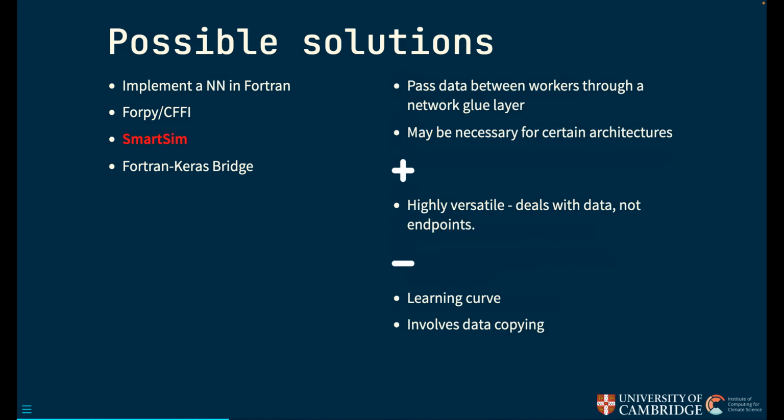And I think he did a nice way of summarizing that for certain architectures, especially if you want to use GPU acceleration and GPUs are located on different nodes, there's a lot of bookkeeping involved with managing this data transfer, and you're going to have to do the data transfer anyway. So it's probably an ideal way for managing that. And the other advantage here is that it's incredibly versatile.